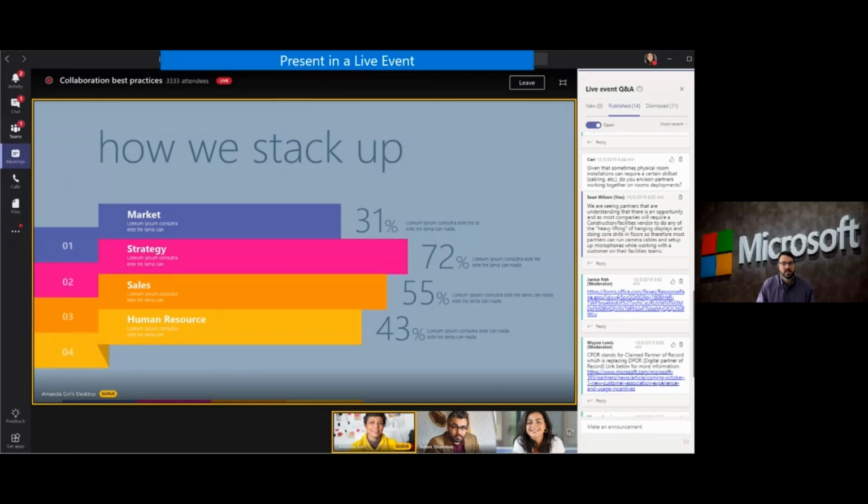One of the things that we have is a presenter has a regular Teams view, right? They have their ability right here to see it, and they have their buttons that would be overlaid. That gives them the ability to open up the Q&A panel. And so they have the ability to see new versus published versus dismissed. So this is what all of our Q&A proctors that are helping support Brian and I today are using to respond to yours. Now, yesterday, there was almost 1,000 of these in here, right? So understanding that, you're going to want to appropriately have that experience.